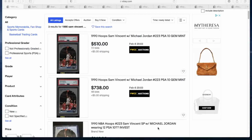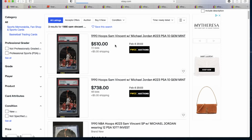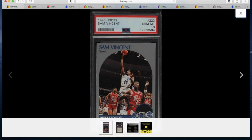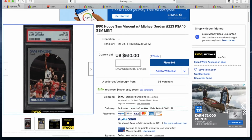examples. All right, so this one is the Sam Vincent 1990 Hoops. So you can see here, I'll click into it. Here's a picture of the card. Sam Vincent going for a layup, and here's Michael Jordan in his full glory in the number 12 jersey. Now the PSA label on here just says Sam Vincent, but there's some PSA labels in here that say Michael Jordan. So if you look at this, right,